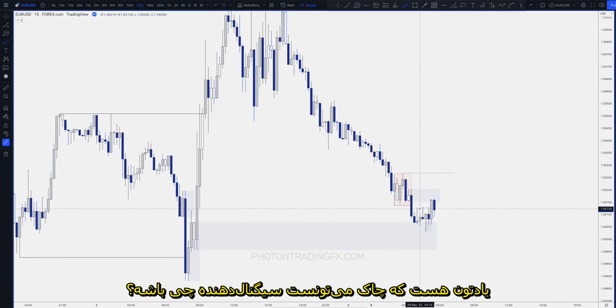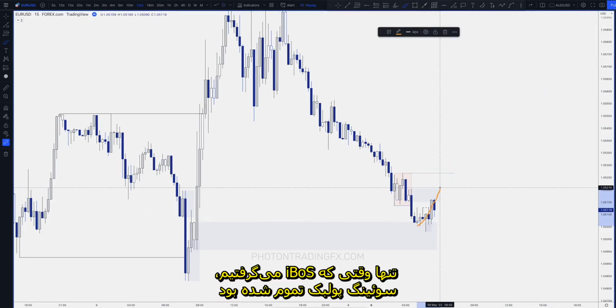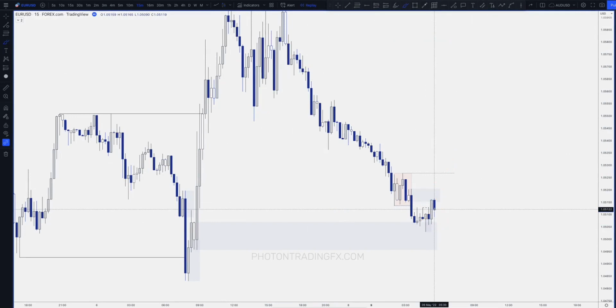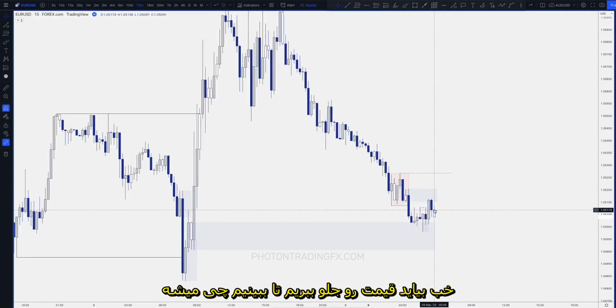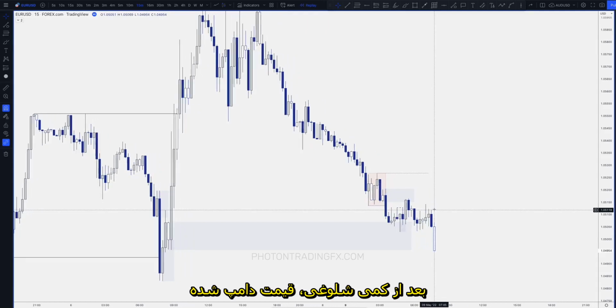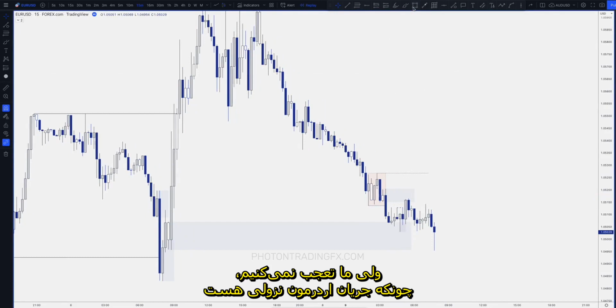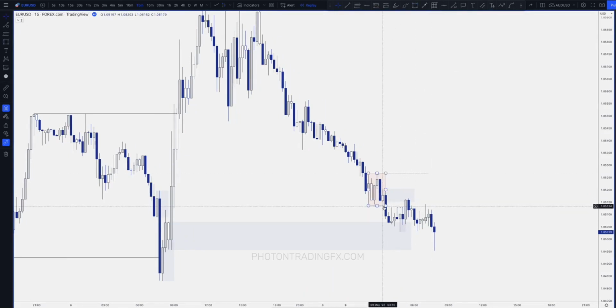Because what that change of character can signal, remember, a chock just tells us that there might be an internal pullback. It's only when we get the IBOS that the swing pullback is finished, is over, right? So that's the thing. If we play this forward, then what happens? Chop around, not much going on, and then we dump down, right? But we're not surprised. Why? Because we understand that order flow is bearish. So then we get another